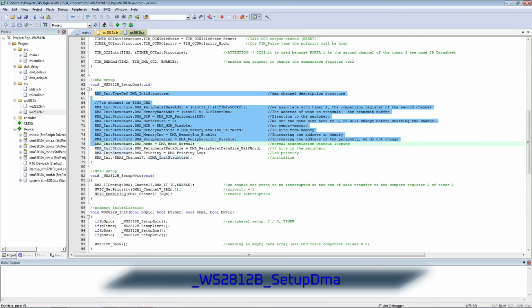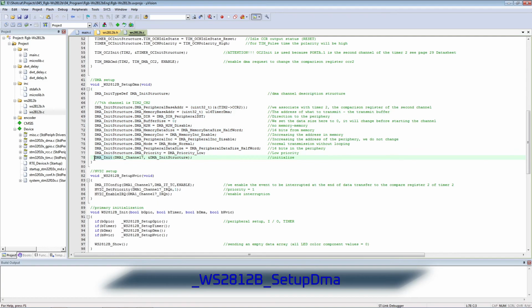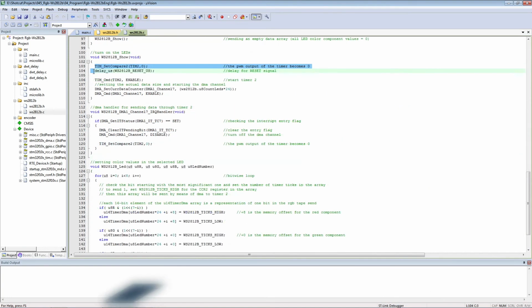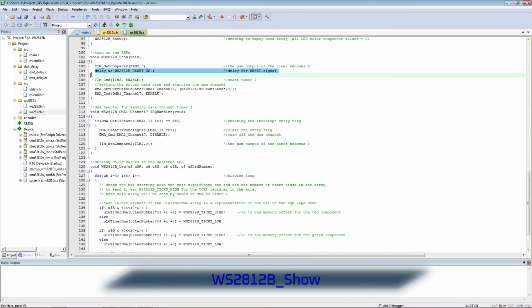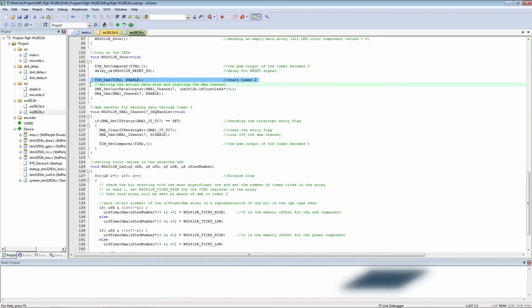DMA channel number 7 works with the selected timer. We indicate the compare register of the second timer channel and the array in which the data for the duty cycle will be stored, equivalent to the transmitted bits to the smart LEDs. To display, you need to start the timer, configure and start a DMA channel.